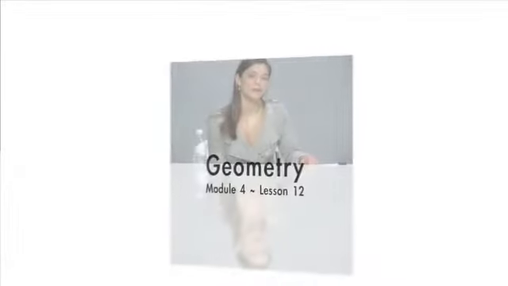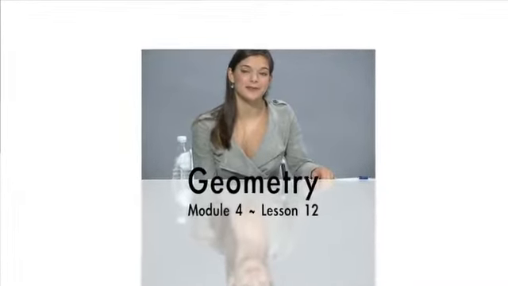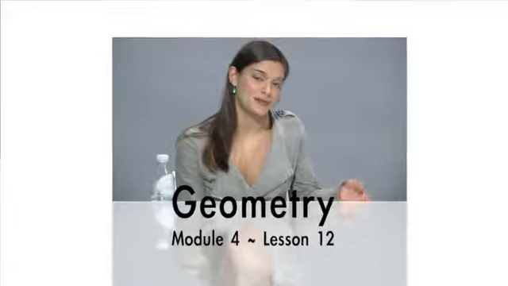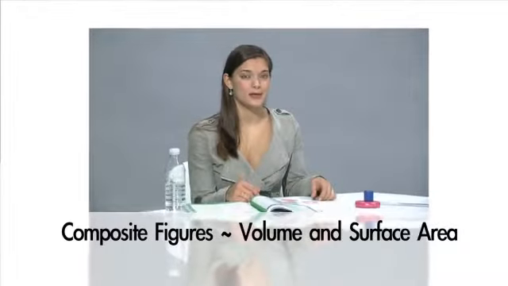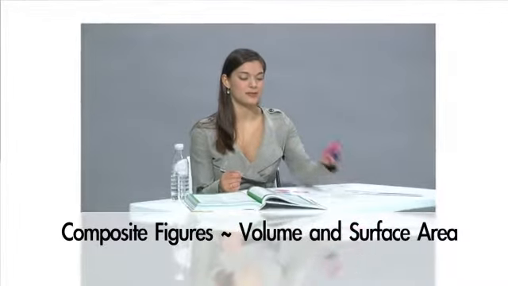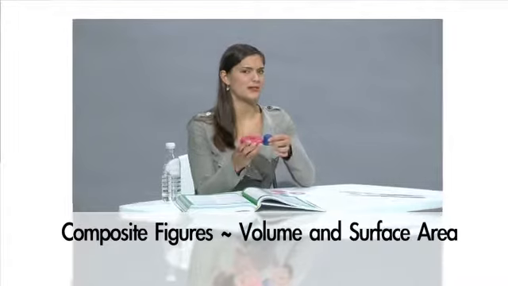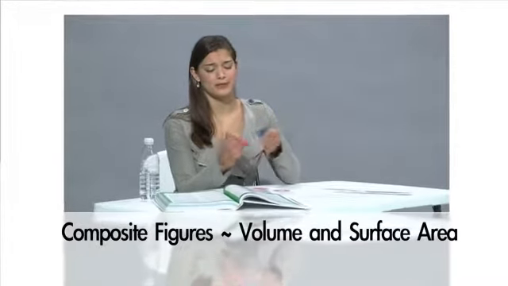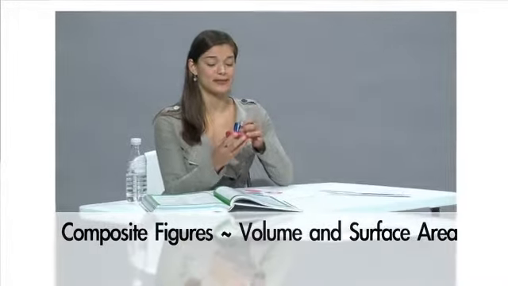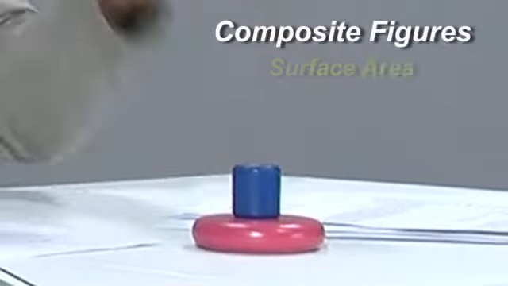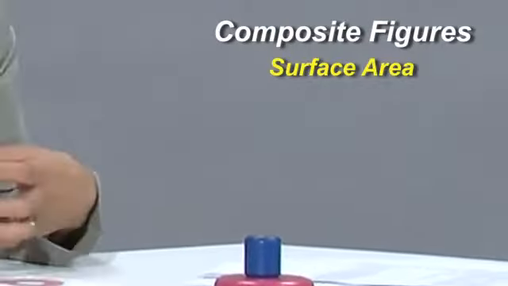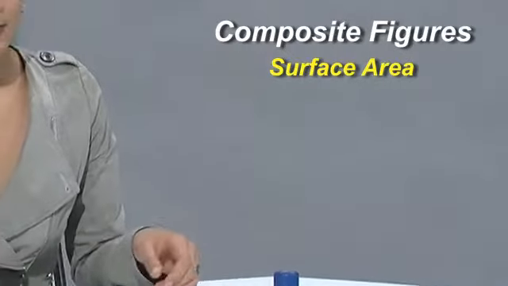So I thought I could help you a little bit when we're talking about composite figures, volume and surface area, because they can be a little bit confusing. But composite just means put together. So if we have two shapes, these two cylinders, we could put them side by side, we could stack them on top of each other, we could really do anything, and it's composite, as long as it's two shapes that we put together. With surface area, it's not quite as simple as just adding two formulas together, because